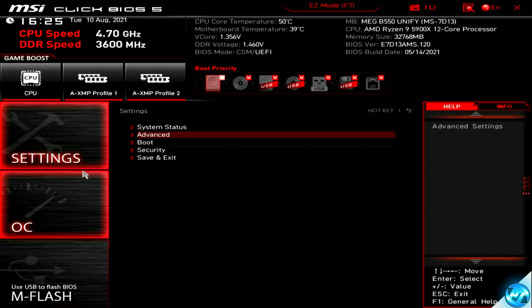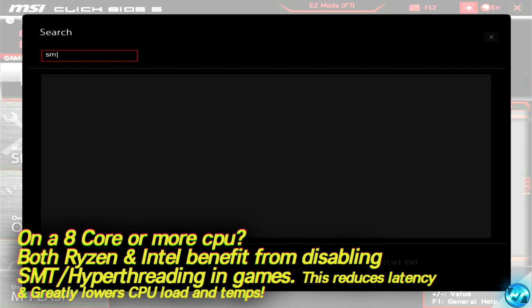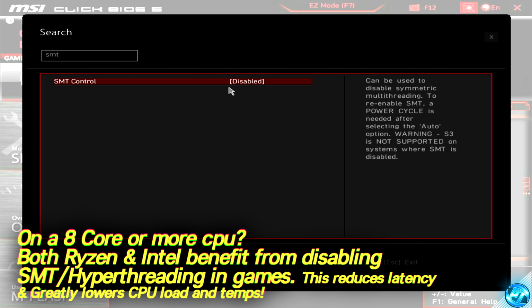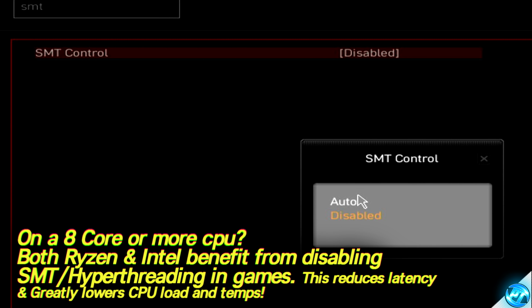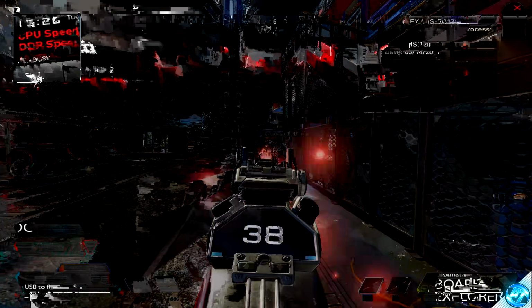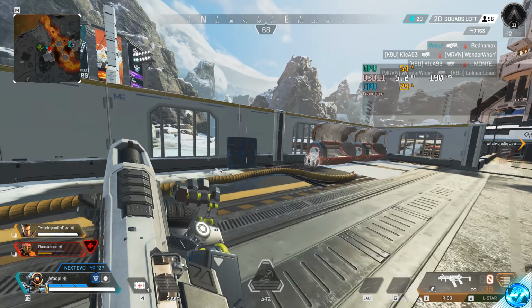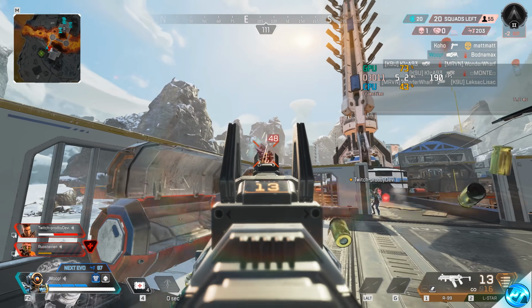the best performance possible. In terms of CPU overclocking, what to look out for and other CPU tweaks: for those of you running 8-core or higher CPUs, it is recommended to disable hyperthreading on Intel and SMT on AMD, as using a hyperthreading core will introduce more input latency and some frame time instability in heavy CPU workloads. Most games still prefer single-threaded performance, and if you're on an 8-core or higher CPU anyway, those 8 cores will be more than enough.